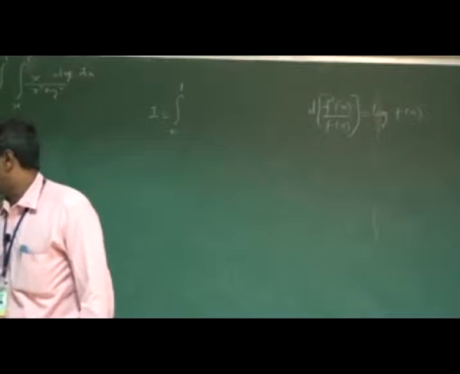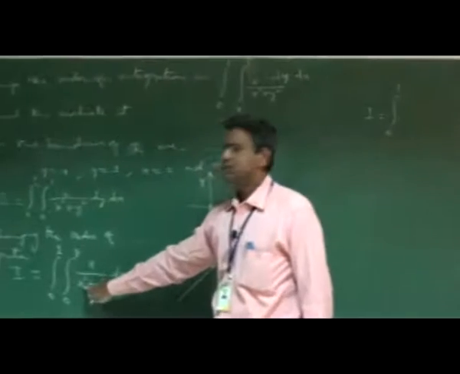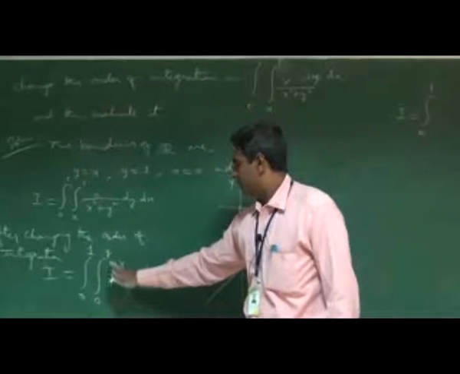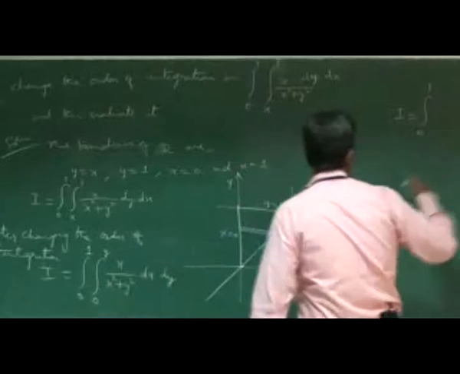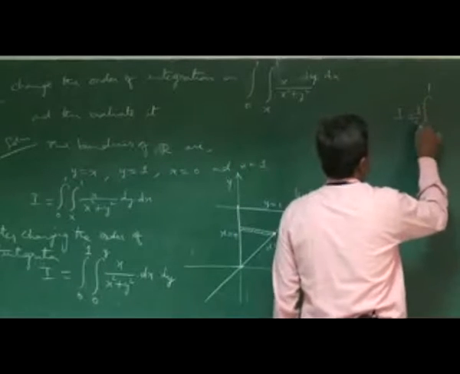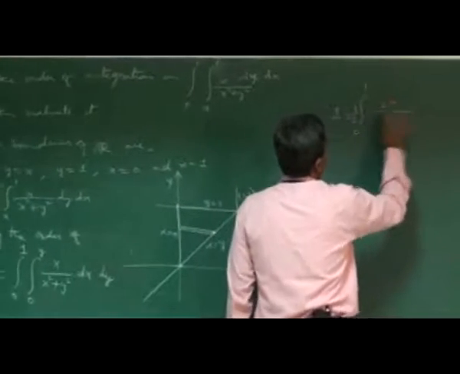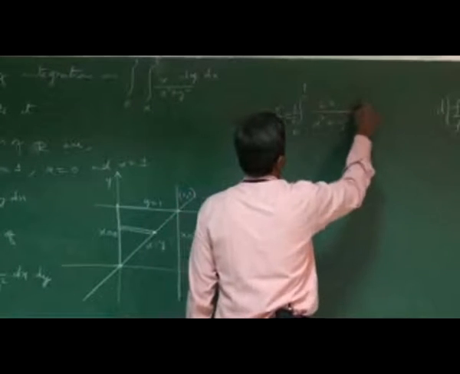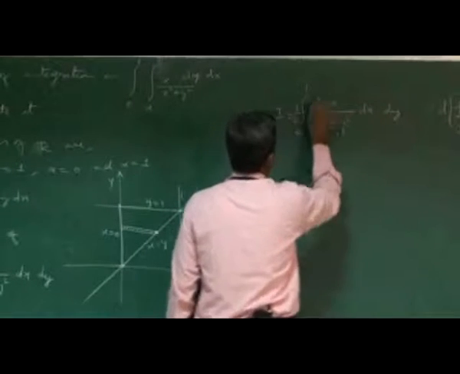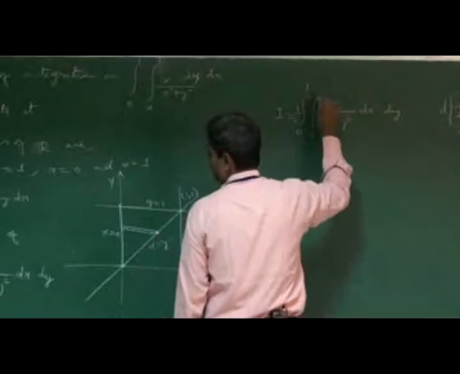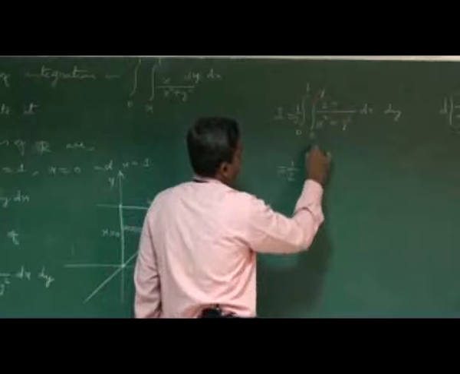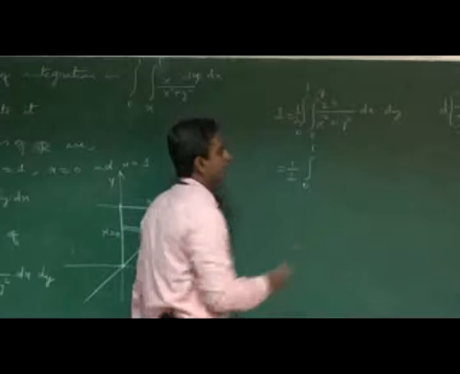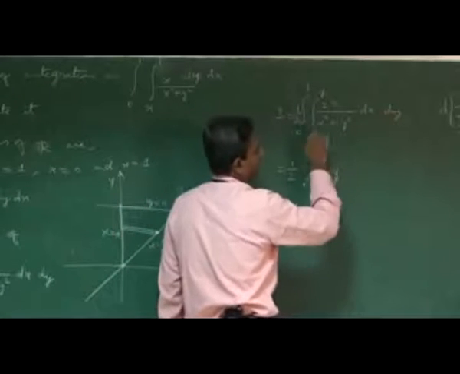So in this case you differentiate the given denominator term with respect to x, it's 2x. Here f dash of x is 2x, we need one 2 there, so we multiply with 2 and divide by 2, there is no change in the given problem. There is 1 by 2 into 2x divided by x squared plus y squared into dx into dy for the first integration 0 to y, and we can write that as 1 by 2 into integral of 0 to 1, the integration using the formula we get log of f of x, what is it?